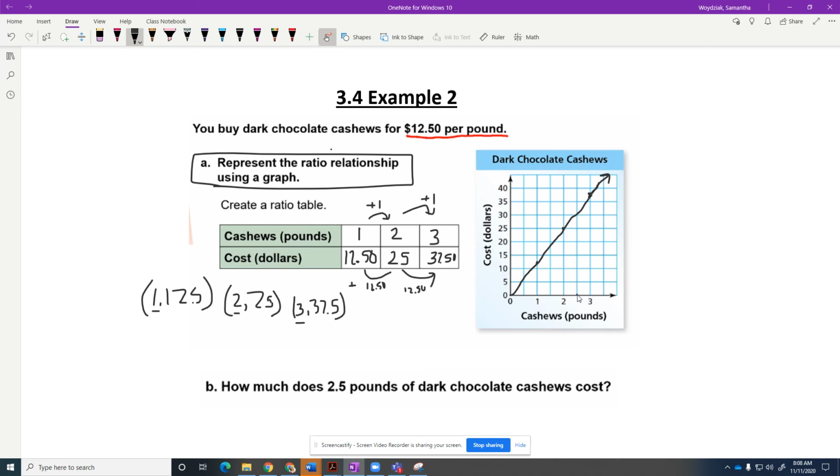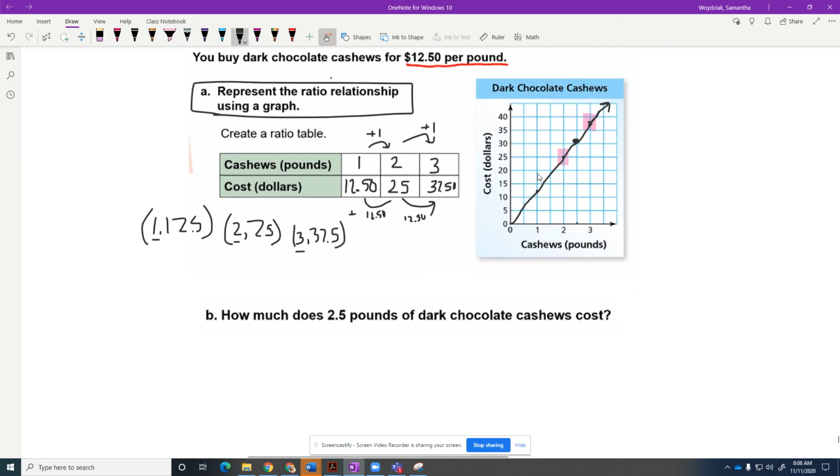So we're going to start here. And what we're going to do is go up until we hit the line. So the line hits right about here, okay? And we need to figure out what that means. Well, it's going to be somewhere halfway between 25, let me highlight this so you can see it, 25, and the $37.50. So it's somewhere right in the middle, and when we do the math, we know that the very middle of that would be